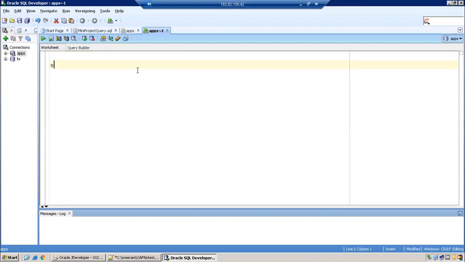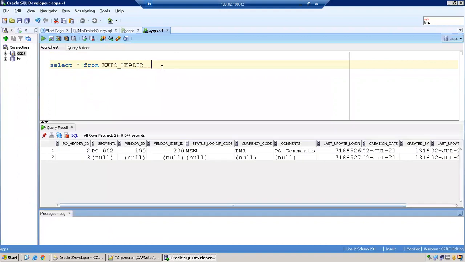Let me just execute. Let's use only the columns which we require, because later we need to change this VO to have only the columns which we require.